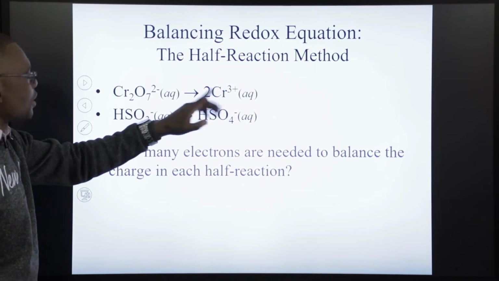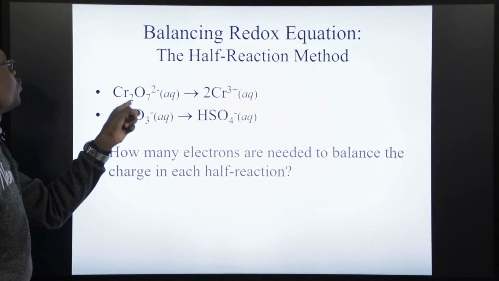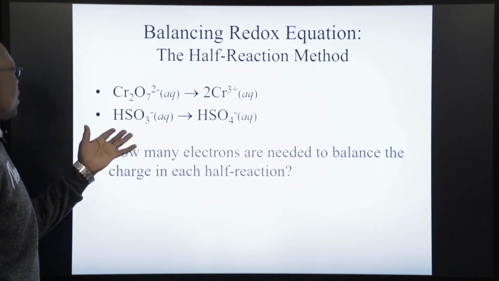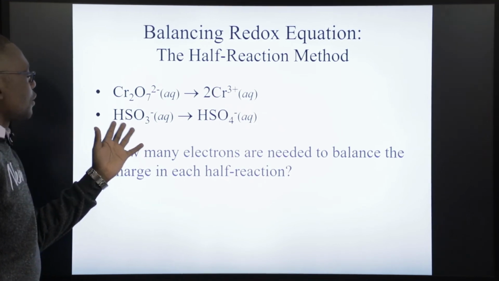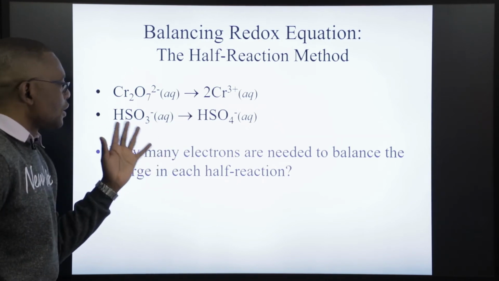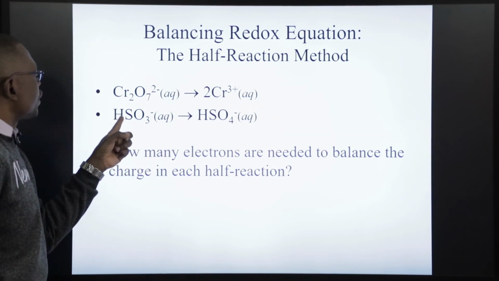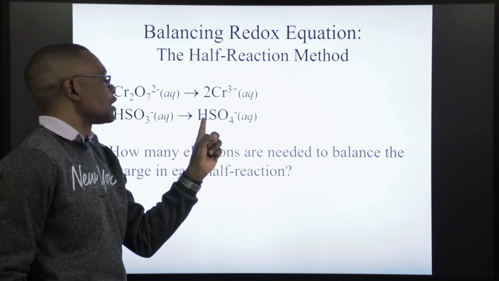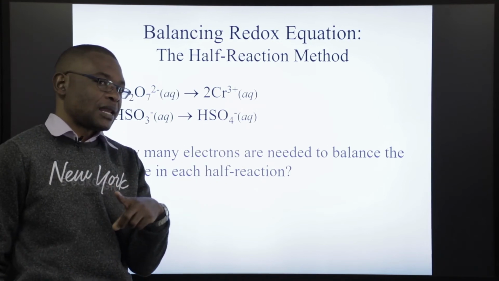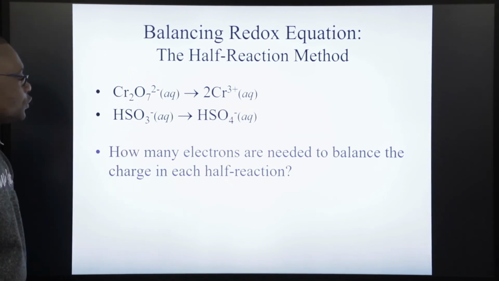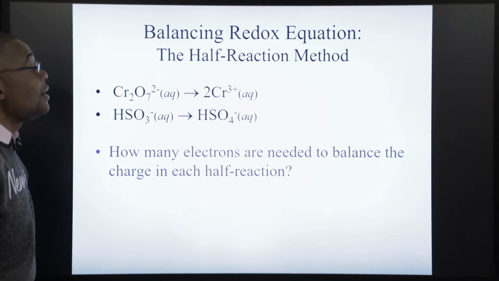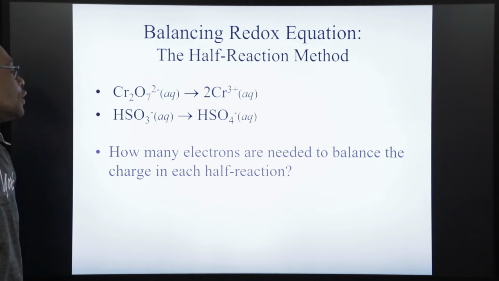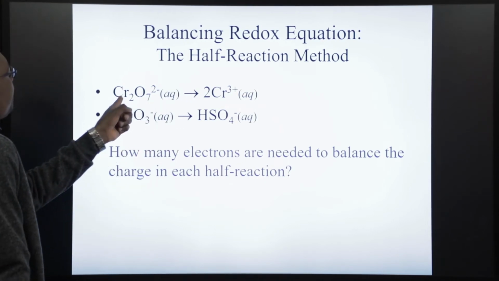We account for the chromiums equally. So you've got 2 chromiums there and 2 chromiums there. And then what about our hydrogen sulfite? Here, if we've got HSO3 minus, something is not right. So you need to bring in another oxygen to make it HSO4 minus. So how many electrons are needed to balance the charge in each half reaction? You can actually see that here,